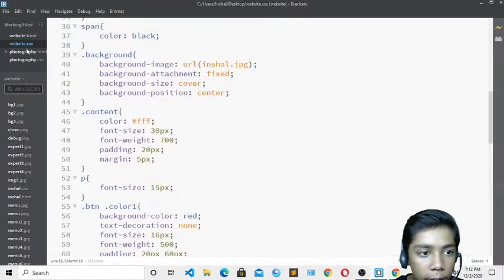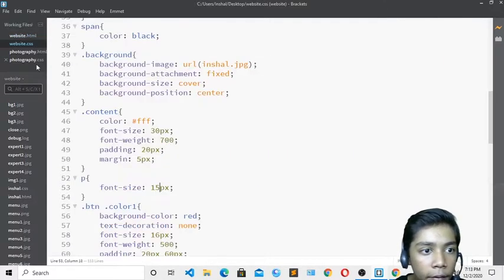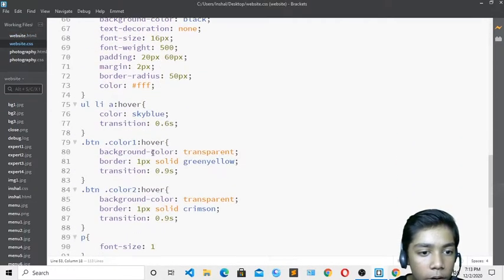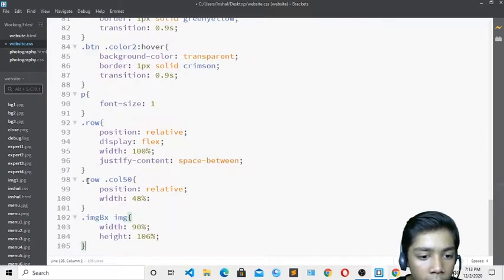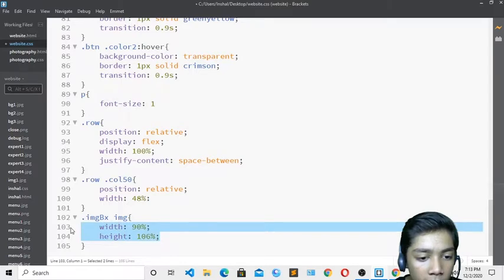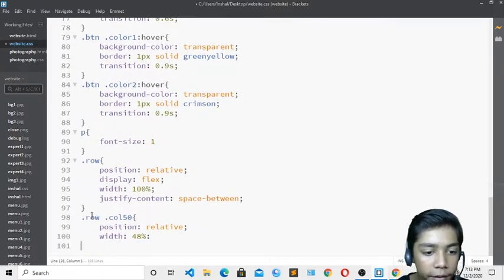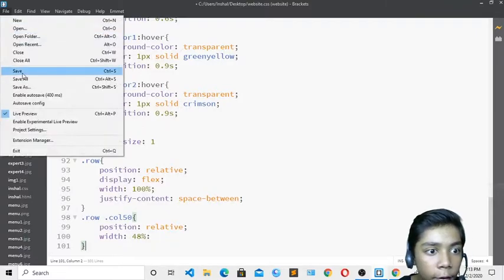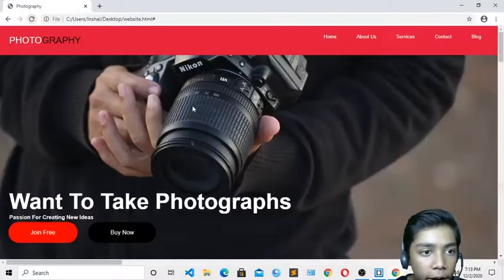I will minimize and go to website.html. Over here there is our image, and here we have defined our website.css. If I erase all these things from here, and I also erase this image, and write over here like that and save, then you can see my image is coming like that.